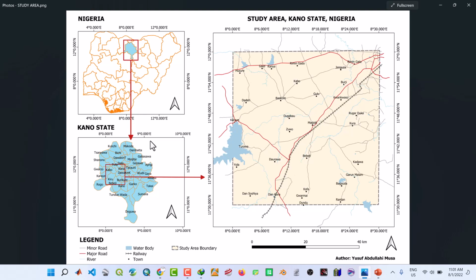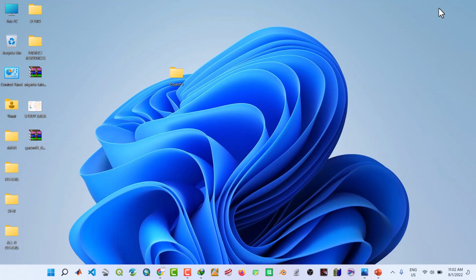So what we need to have is what we call a shapefile for Nigeria showing all the states. And also we need a shapefile for Kano State showing all the local governments. Then we also need shapefiles for major roads, railways, water bodies, rivers, etc. So these are the things we need to download. So where are we going to get these shapefiles from? Let's head over to our